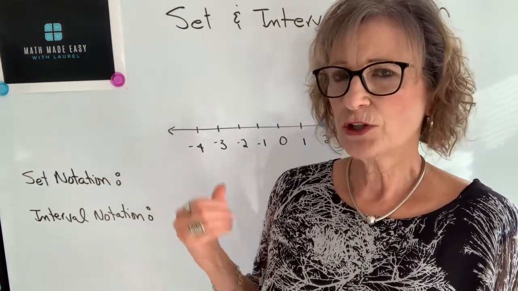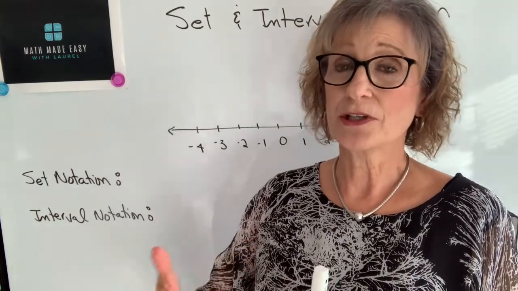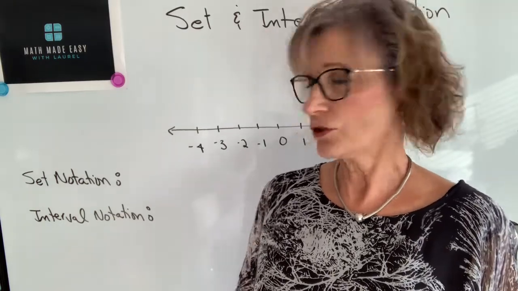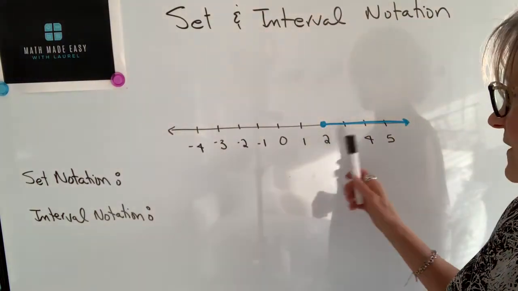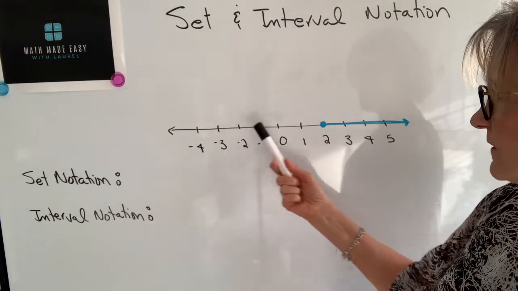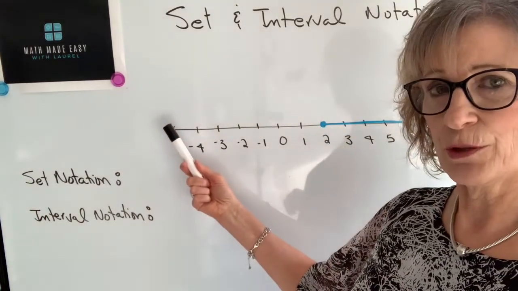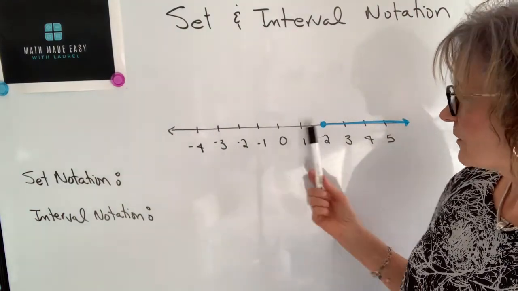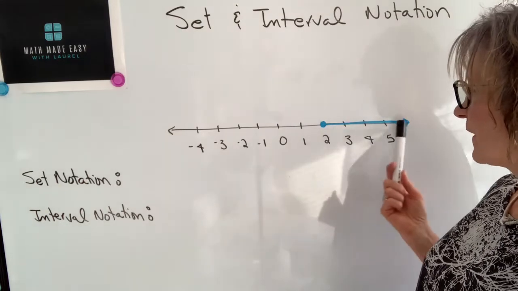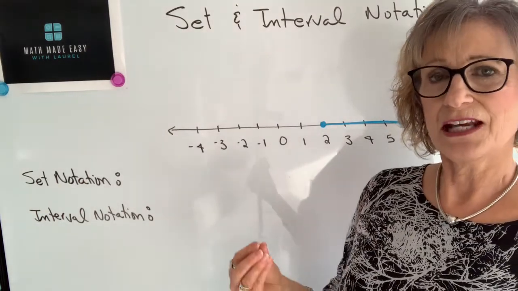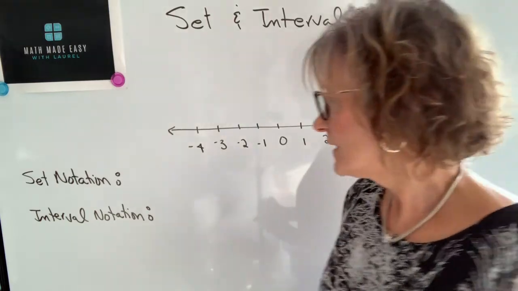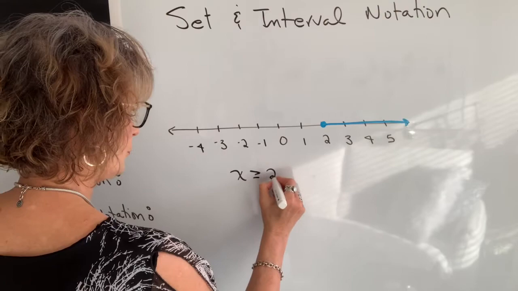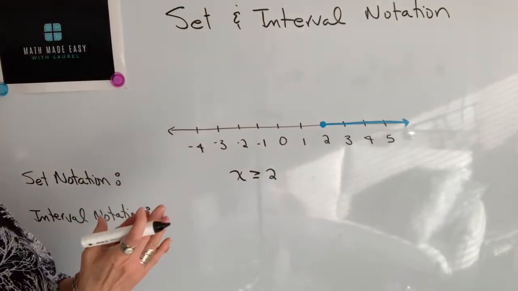Set notation is when you use your greater than, less than, greater than or equal to, less than or equal to, or not equal to notation. So if I wanted to express this, I'm saying that if this represented values of x, it could be any variable, but we'll just talk about x in this video. If x could be all of these values in this interval right here, basically x can be anything greater than or equal to 2. So we know that x is greater than or equal to 2,